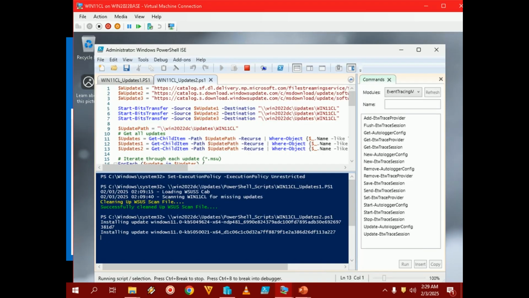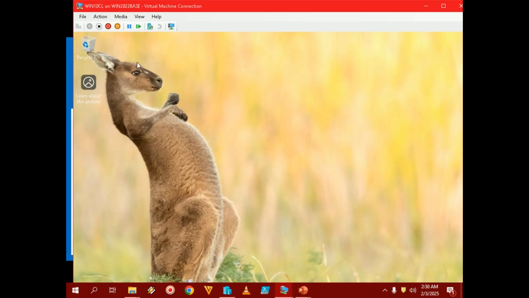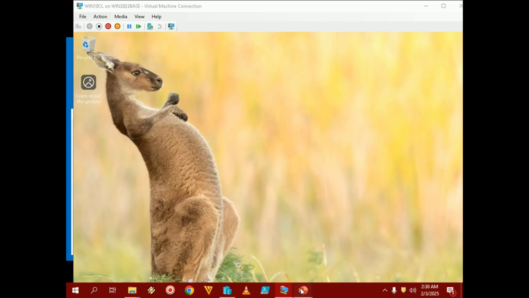Okay, on Windows 11 it is still installing those updates. No problem, let it take its time. And now the Windows 10 machine is ready. So let's verify our